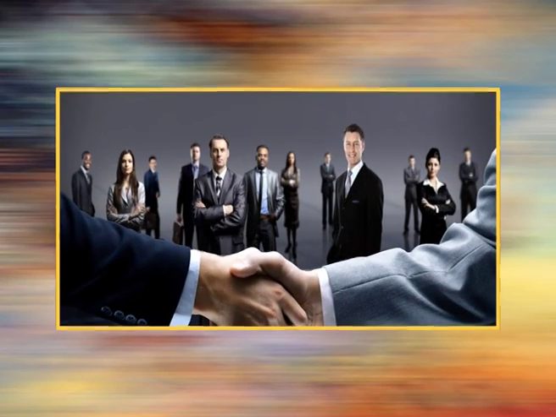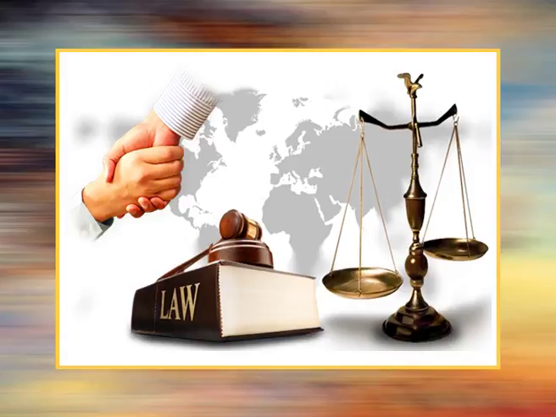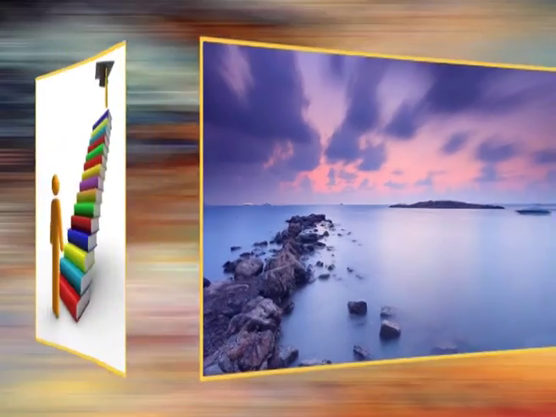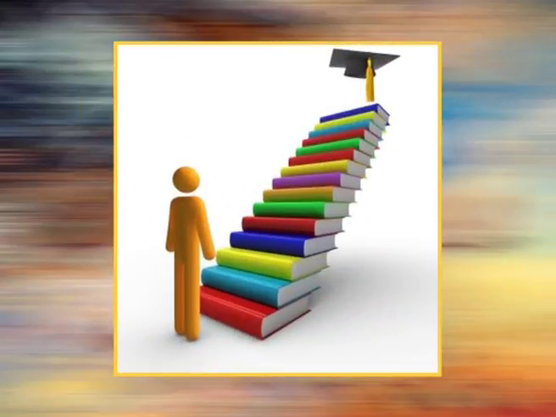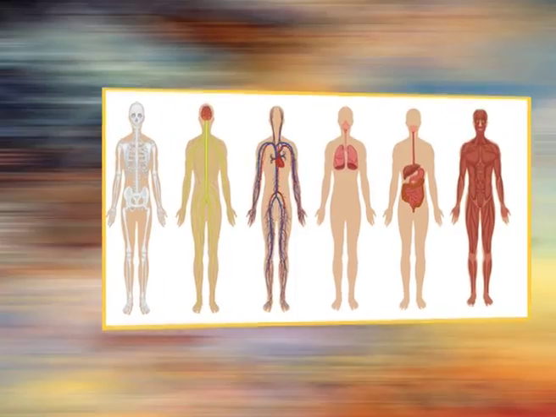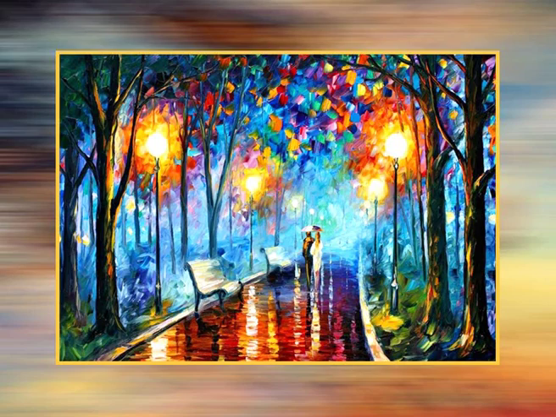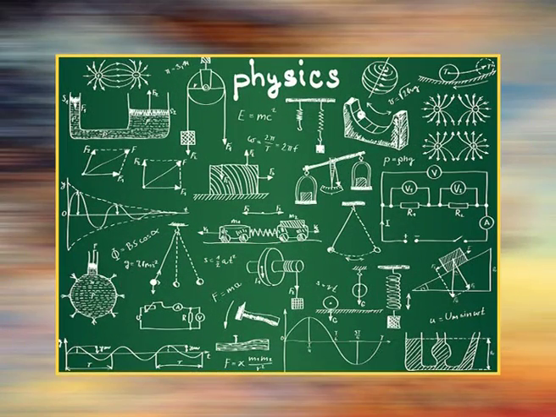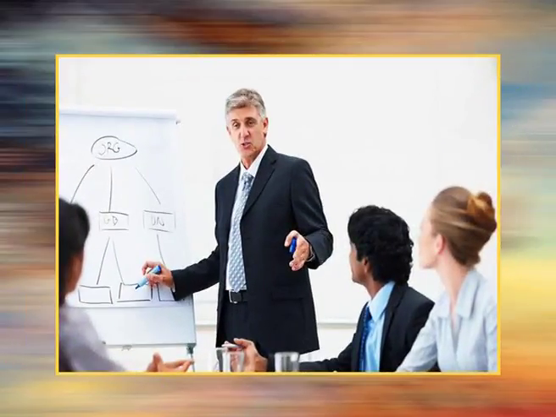In 1936, he again made a factor analysis of 80 professions and found the following 8 interest factors. Number 1, business. Number 2, law. Number 3, aesthetic. Number 4, education. Number 5, biological. Number 6, artistic. Number 7, physics. Number 8, descriptive.